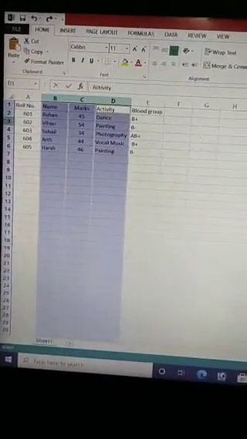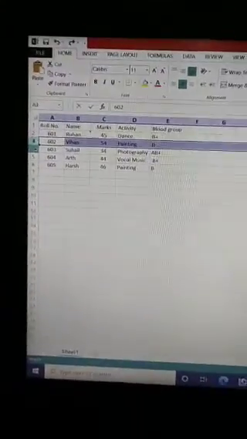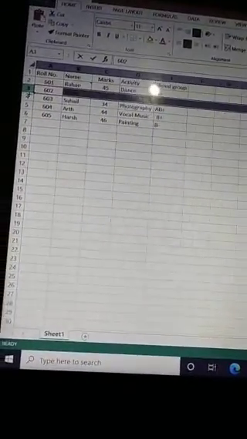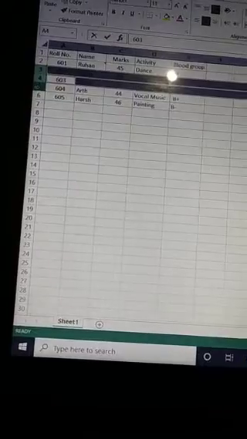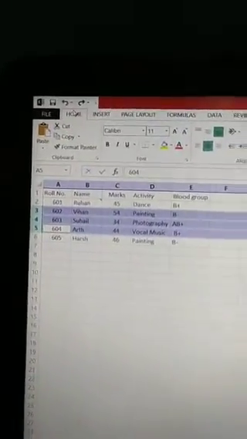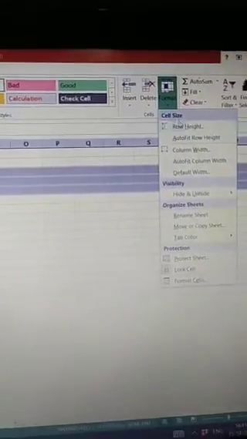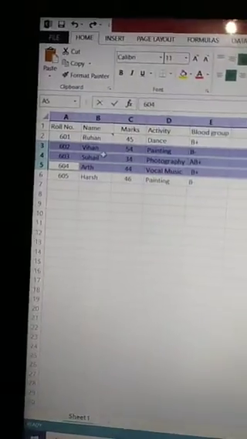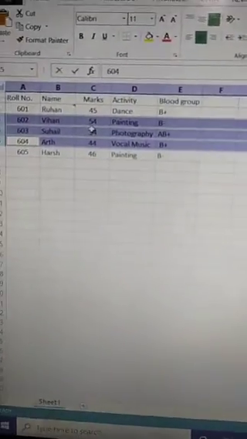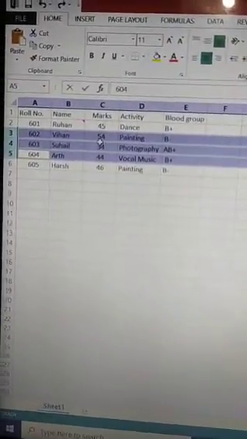AutoFit Row Height automatically controls your row height as per your data. I have selected these rows and I will go to the Home tab. Then in the Home tab there is the Cells group, and here is Format. When you click on AutoFit Row Height, it will automatically change the row height as per the data given in the cell.